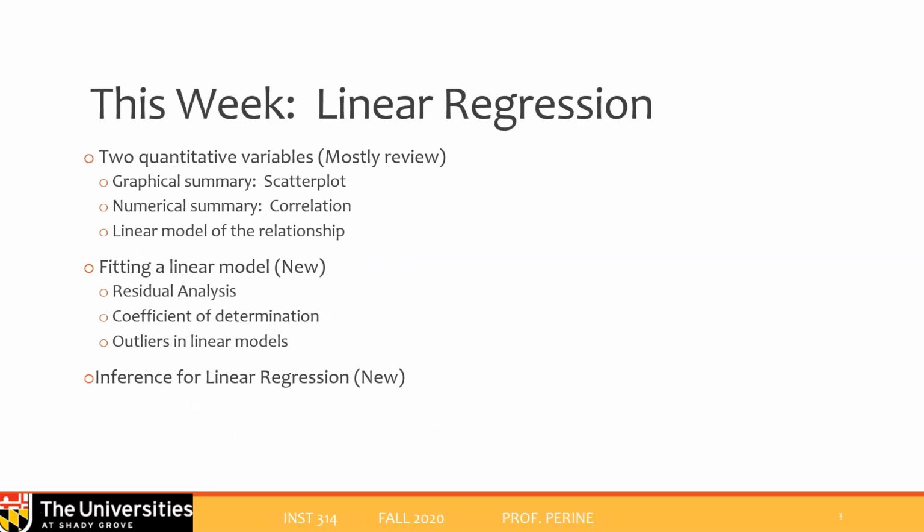So for today, we're going to be looking at 3 main things. We're going to begin with what I hope is mostly review for many of you, looking at how we look at potential associations or relations between 2 quantitative variables. That's our friend the scatter plot. We measure the strength of that relationship, if it's linear, with a correlation, and we try to model it with a linear regression. I'm going to go through that fairly quickly. It should be very familiar to you. If it's not, I invite you to please be sure to do the readings associated with that topic.